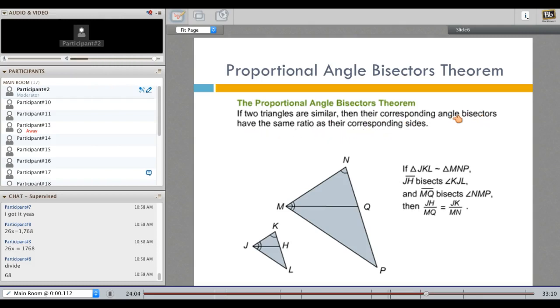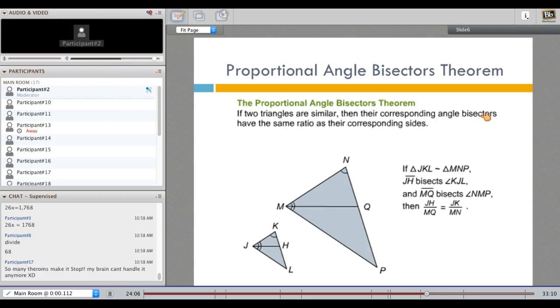So let's go back and review what's an angle bisector. It's a line that cuts an angle in half. So MQ, for example, it's kind of like, pretend this is an arrow. It goes, and it cuts this angle into two pieces. Okay? JK is an angle bisector, cuts this angle into two equal pieces. Okay? Now it tells us here that the two triangles are similar. We, from the picture, would be able to determine that as well because we can see angle N and K are the same, angle M and J are the same, so we could conclude that they are similar by angle. Okay?